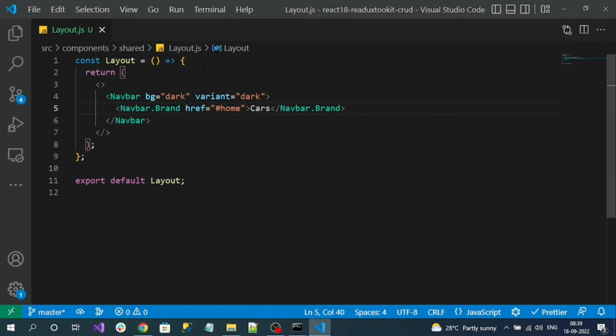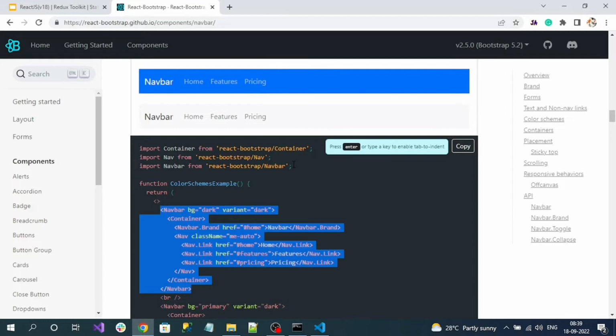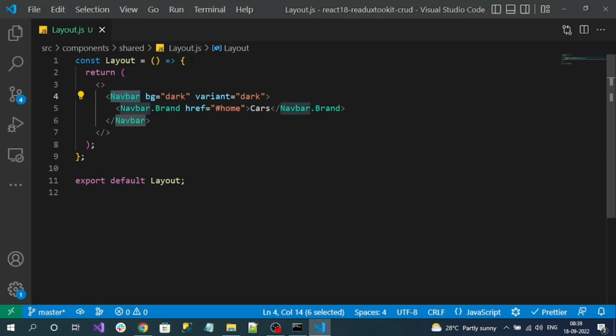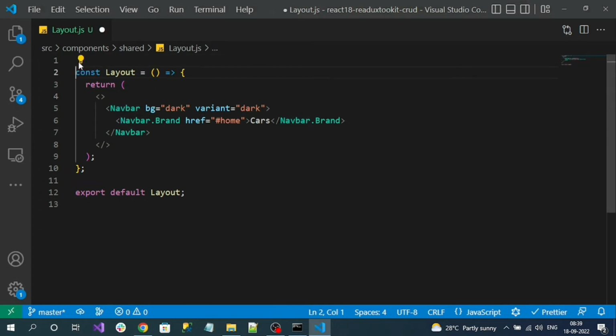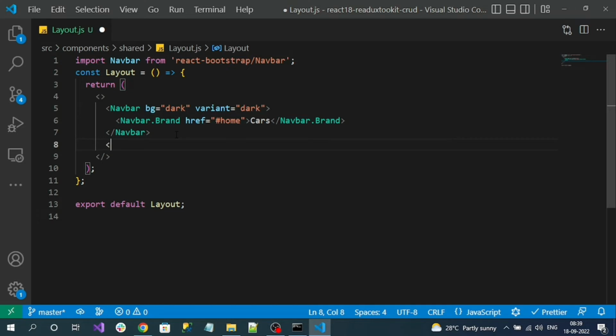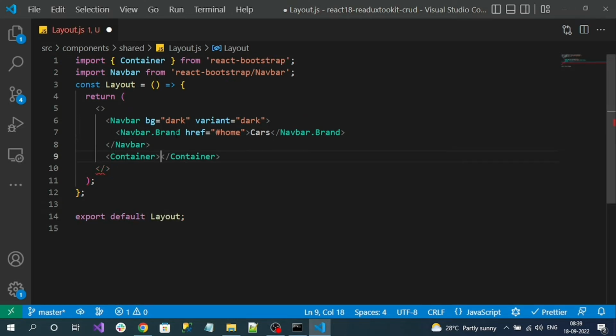Since we are using the React Bootstrap navbar, let's import the namespace as well. So this is my menu and I want to display it on every page. And here I will create a container outside, a Bootstrap container. Namespace also imported. So I want to display all the pages, like home page, about page, privacy policy page,